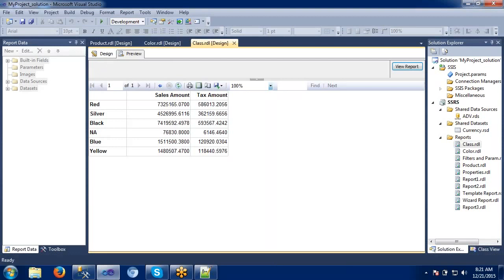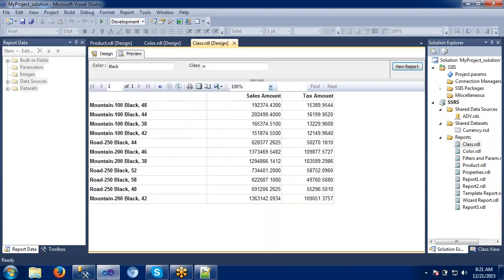Let me click on the black here. See, now it has taken me to the product report, right? So this is how we can navigate by simply applying the go to report option. See, this option is enabled only when we have a drill through report.